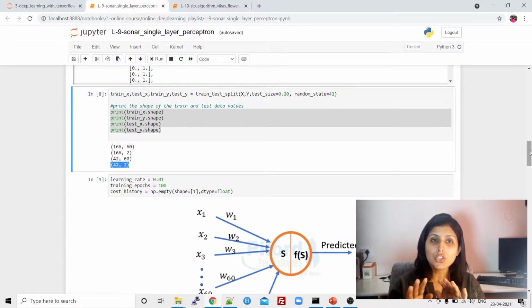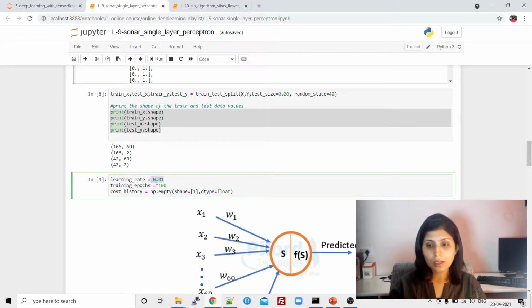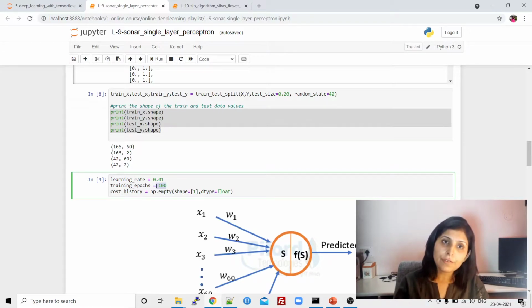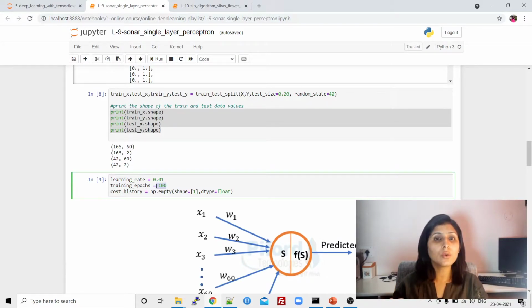We hadn't used the algorithm yet. We have prepared our data, right? So now the learning rate I'm using is this, right? Training epochs is 100. That simply means I want to train my algorithm 100 times on the same data set with different weight values, right? So what we want is to retrain our algorithm again and again, okay? With this learning rate, meaning with this speed, I want to train my algorithm 100 times, okay?